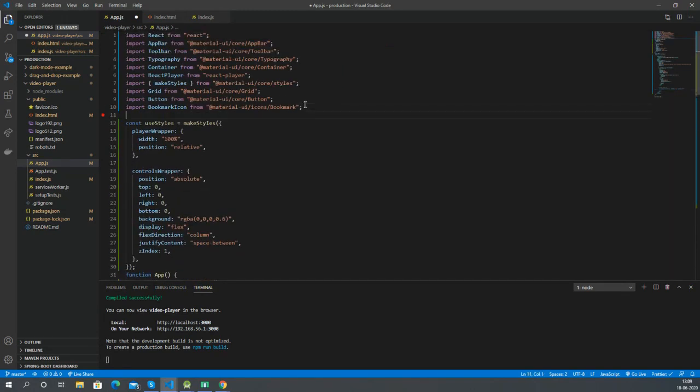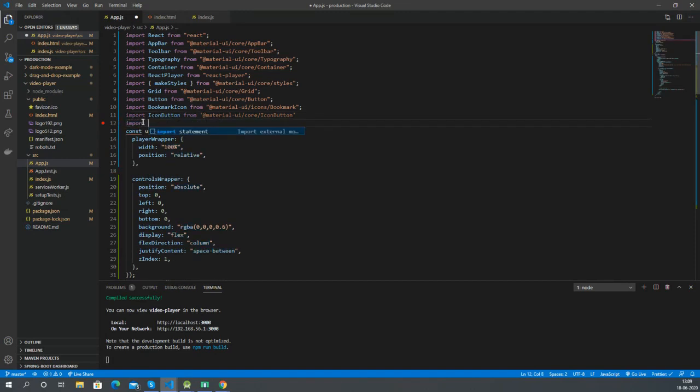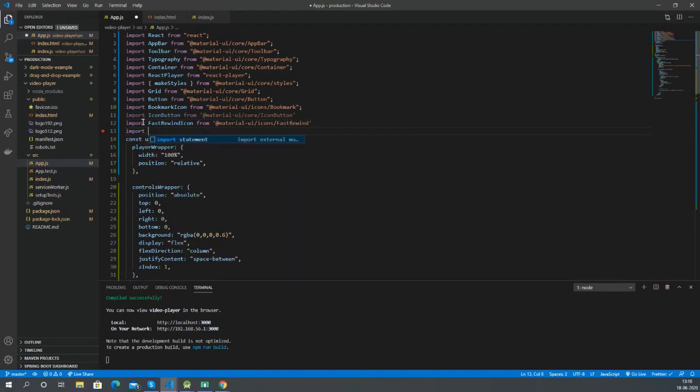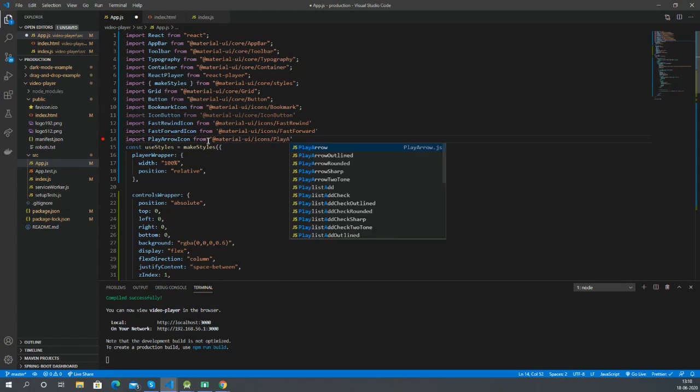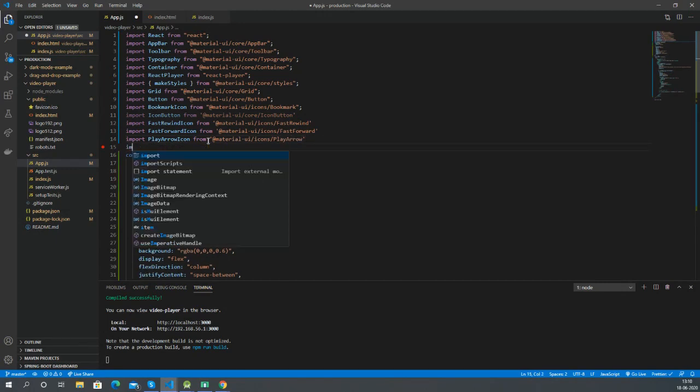So we are going to use 3 icons in the middle. First will be for the fast rewind. We need to import the icon button to show all the icons. So let's import that from Material UI. Next we have the 3 icons. One is the rewind icon. For this we are going to use fast rewind. Then we have a fast forward button, which is called fast forward in Material UI. And also we take the play button, so we are taking the play arrow button. Let's also import the pause button.